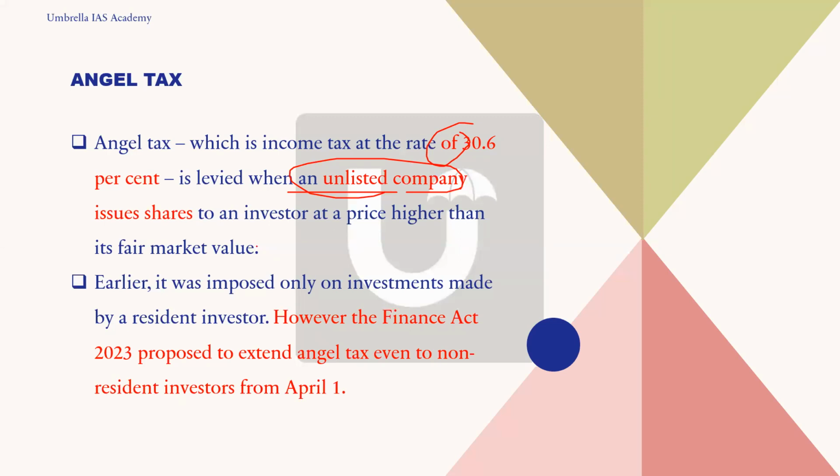See, generally, actually, this is not the purpose of this. Generally, what is happening is that for some of the companies or startups, the investment is coming from money laundering and all. Wantedly they are increasing the price and selling the shares. So that laundered money is coming and they are investing in these companies. That is also the reason why this angel tax has been implemented, to address that. So even if you launder and do everything, you again have to pay 30% tax. So there will be less incentive for laundering the money. That is also one reason why angel tax is being applied.